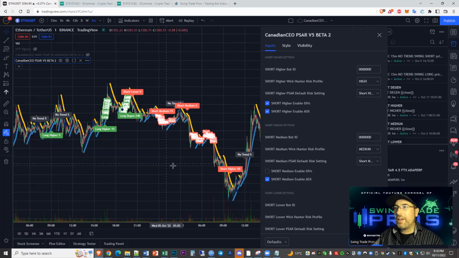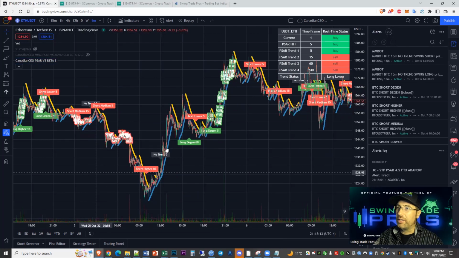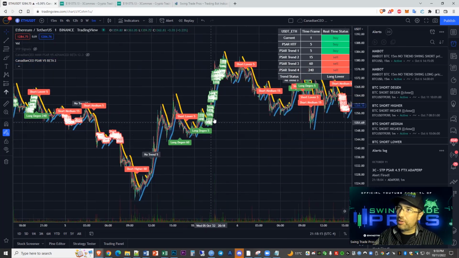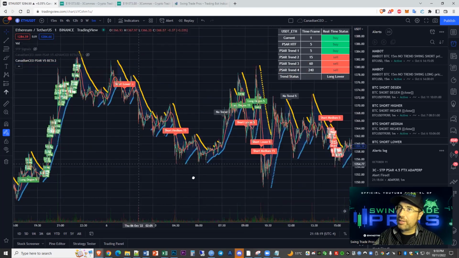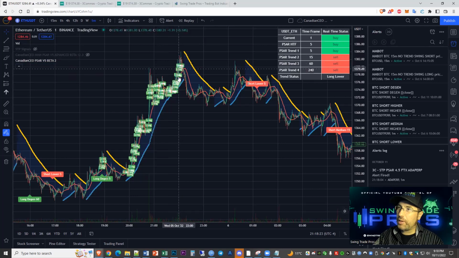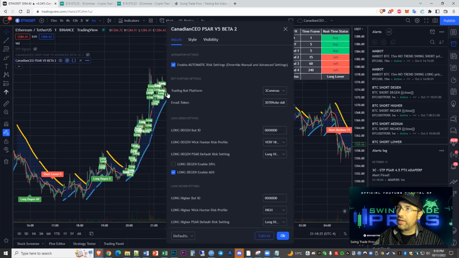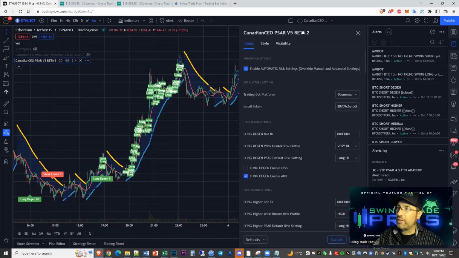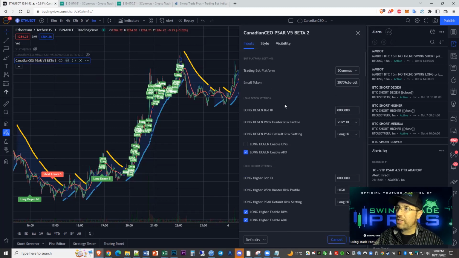Okay, now let's keep looking at this chart and see if there's anything else we can work on here. Now you can see price went to long degen. It avoided the top a little bit here. Let's zoom in, but it's not perfect, right? Maybe we want to risk off a little bit on this. Okay, again, we're going to go down to long degen here, okay? And you can see